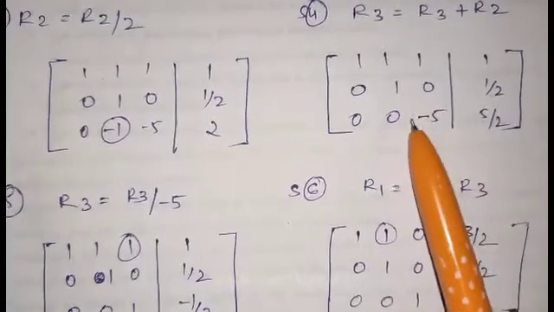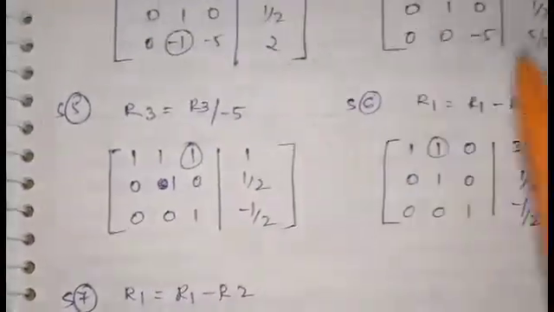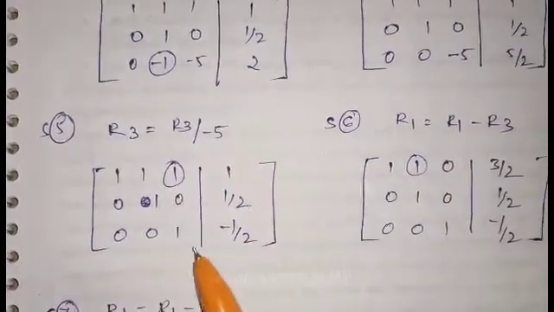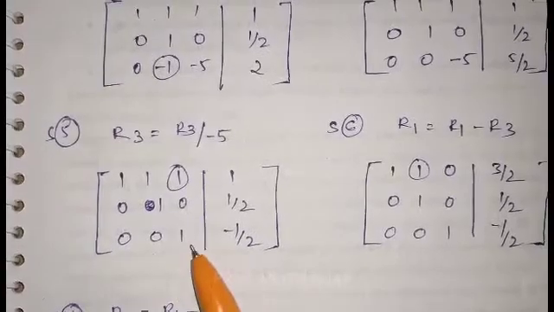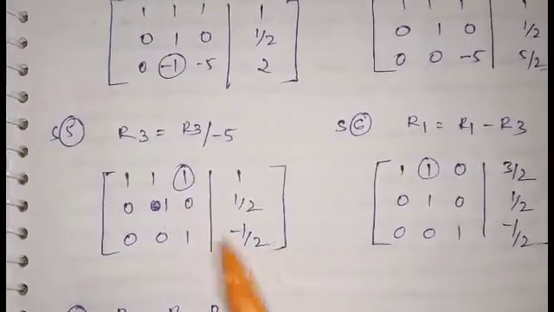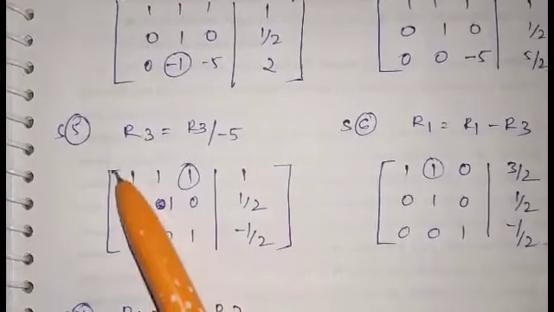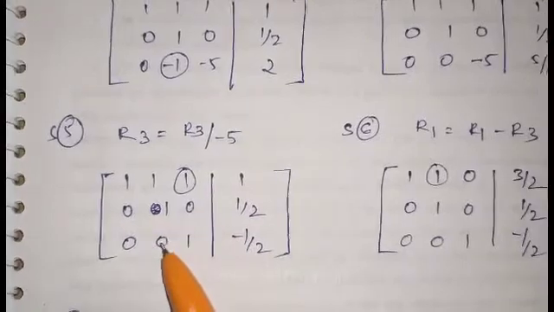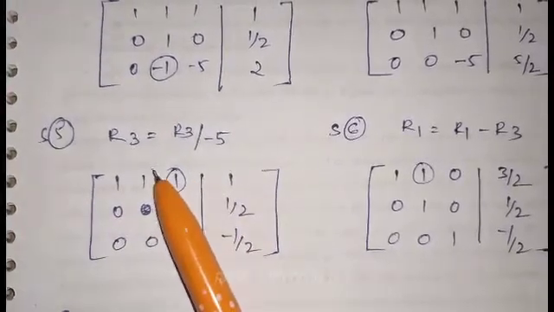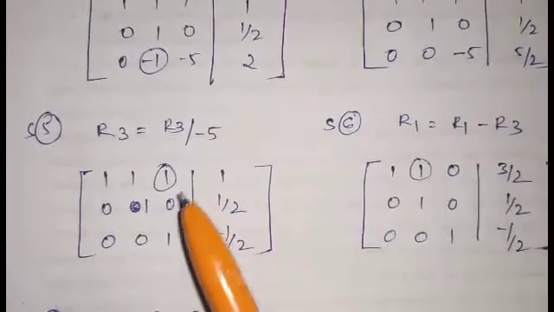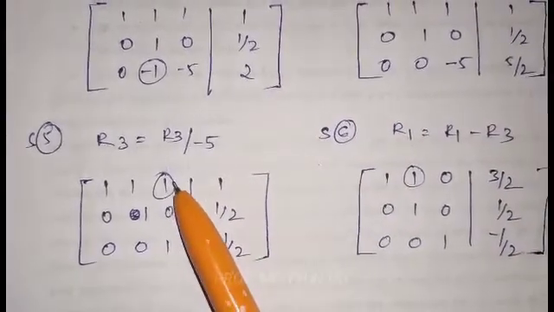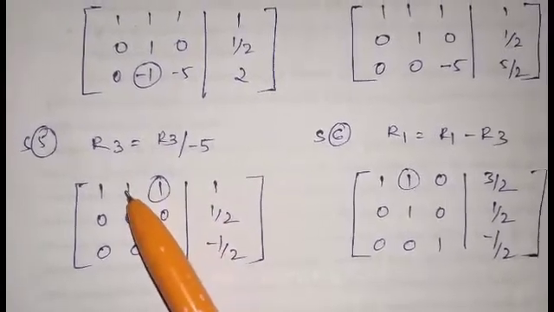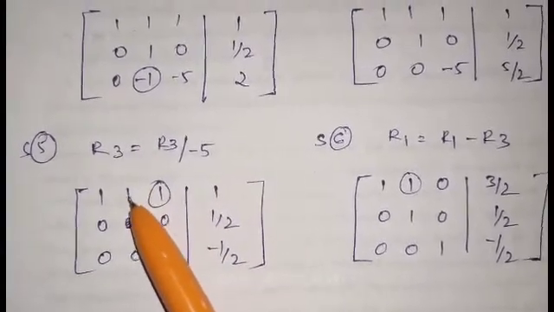The next aim is I need to make this a 1. So to make that 1, I am dividing it by minus 5. So I got this particular answer 0 0 0 0 0 1 minus 1 by 2, and no other elements are disturbed here. So once you have done half of the problem, 1 1 1 0 0 0, I need to make the other elements above the diagonal 0. So now the next thing is we should make this 0, this is already 0, we should make this a 0. Once you have done this, again we should move to the A12 element as a 0.